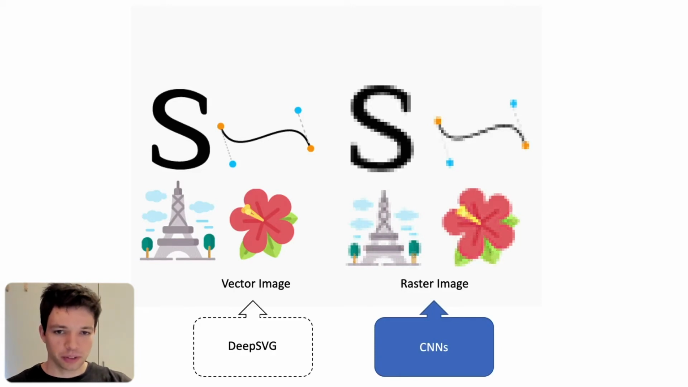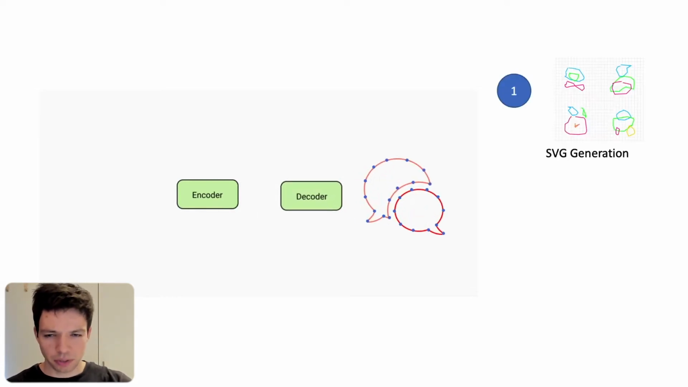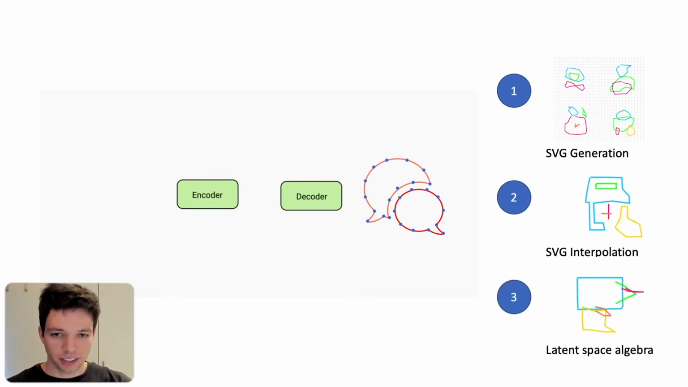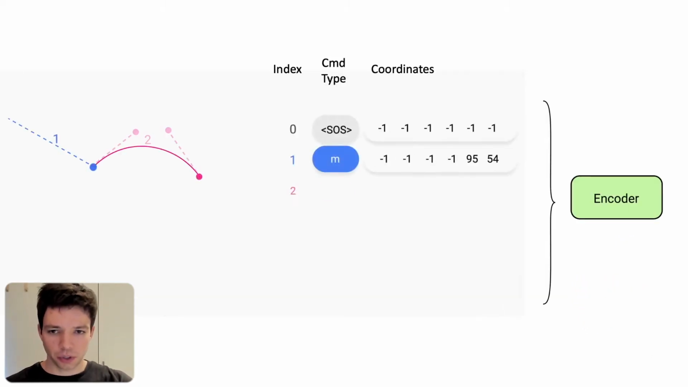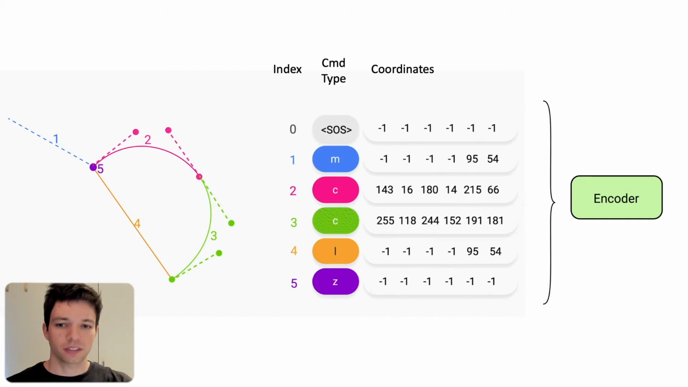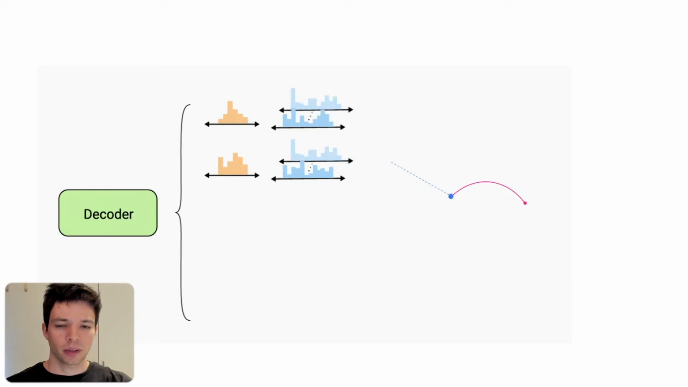We propose a novel method to tackle this ambitious problem. DeepSVG learns deep representations of vector images using an encoder-decoder architecture. Once trained, this enables generation, interpolation, and even latent space algebra, all of this directly in the SVG image format. We encode an SVG shape using its internal description as a sequence of drawn commands. Every command is mapped to an embedding space using the combination of its index in the sequence, the command type, and associated coordinates. The decoder then predicts the probability distribution of each command type and coordinates, from which we obtain